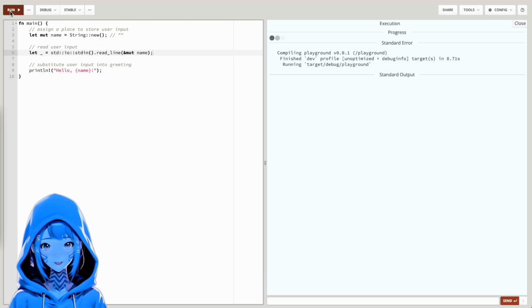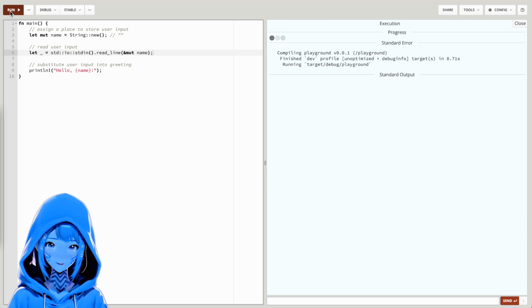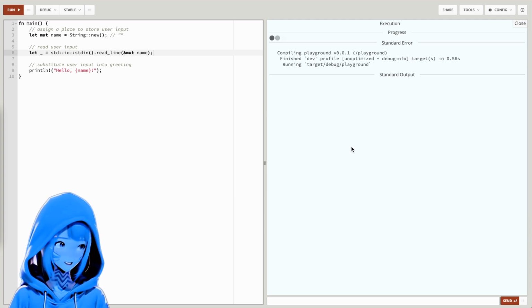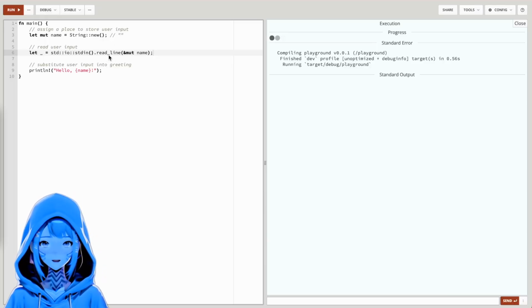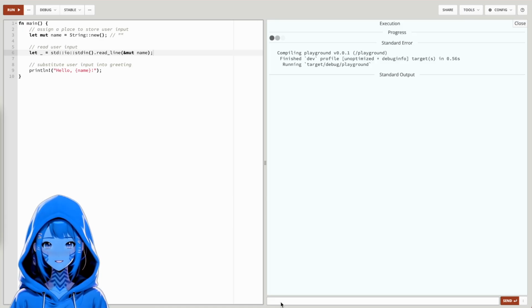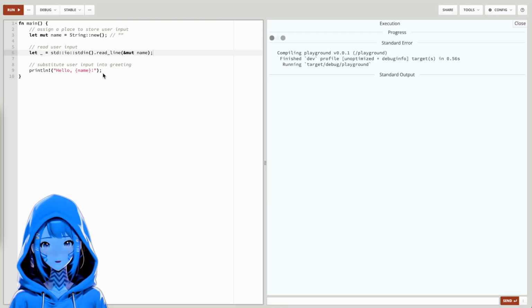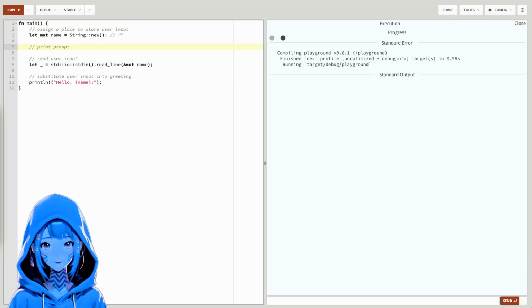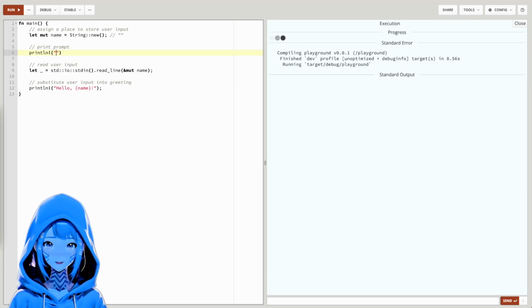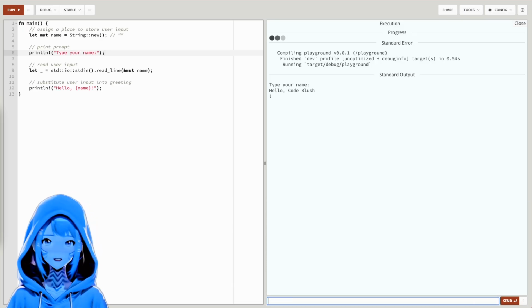A warning is not so serious, but not ideal, as opposed to an error, which says it can't compile. When we press run, the program stalls on this line of code here. It's waiting for our user input until we type something in here. The program is not going to proceed. It's not going to go on to the next instruction. If you imagine that you did not write this program and you're just a user, and you get this, how do you know what you're supposed to do? To fix this, we add a prompt, which is a helpful message telling the user what to do. Let's go again. This is much better. Type your name. Done. Cool.